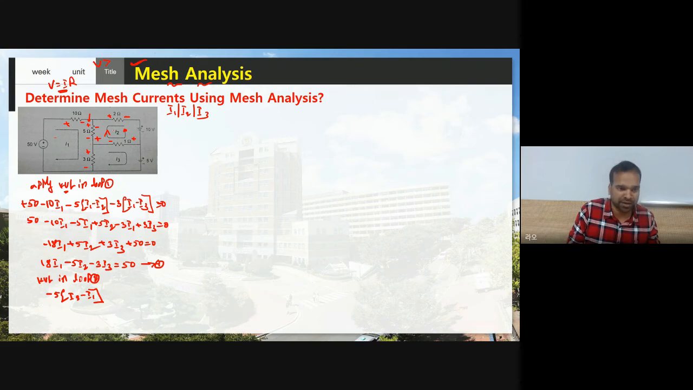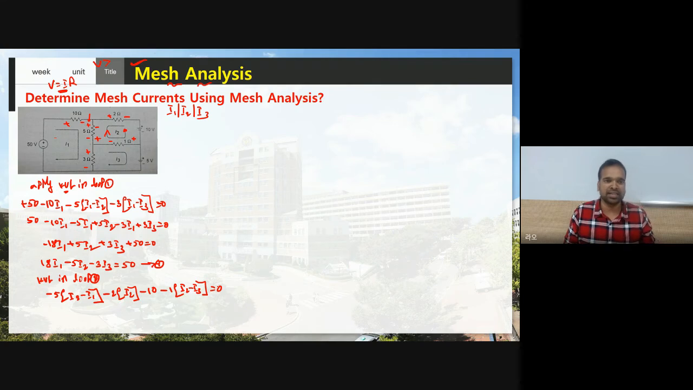Therefore here for the 2 ohm resistor, minus 2, what current is flowing? Only I2, so minus 2I2, and this is the source plus 2 minus 10, and here we have the 1 ohm resistor, minus 1, and you can write I2 minus I1 because these two are flowing in the opposite direction. Clear? Now you need to multiply this minus 5 inside: minus 5I2 plus 5I1 minus 2I2 minus 10 minus